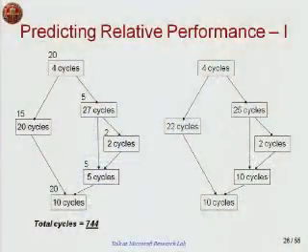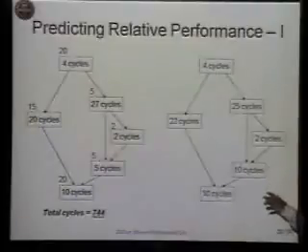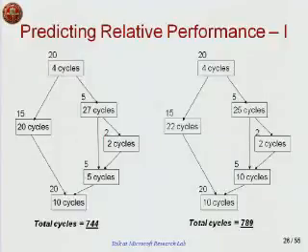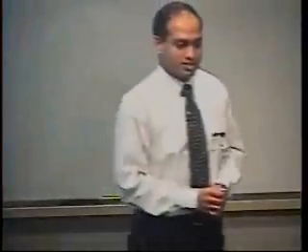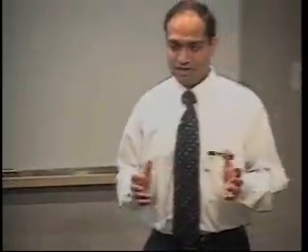Now further down, if we find another function instance which has the same control flow graph, then we can again statically determine the number of cycles. But we don't have to execute this function instance again, because we can just get the basic block cycles from the previous control flow instance and directly calculate the number of cycles. So this saves us some simulation. We are not simulating the application for each function instance, but only once for the set of function instances having similar control flow graphs. Since the number of different control flow graphs was much smaller than the number of different function instances, this is a big win in practice.